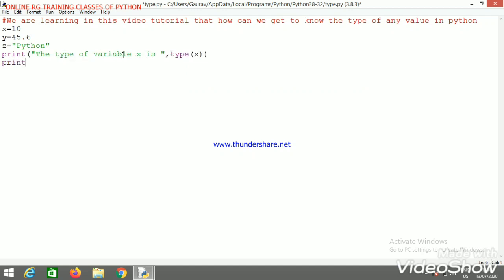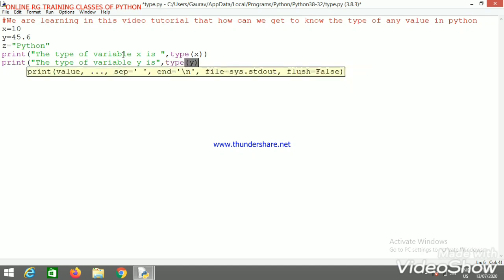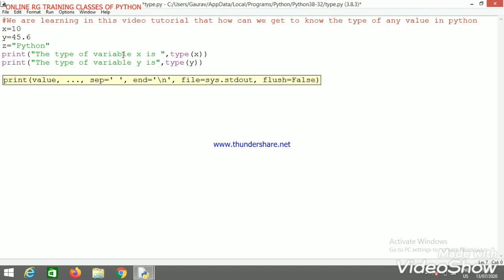Then again print the type of variable y is type(y). Then again print the type of variable z is type(z).